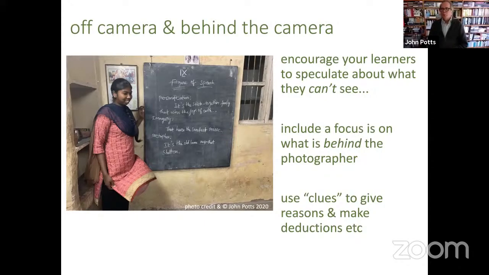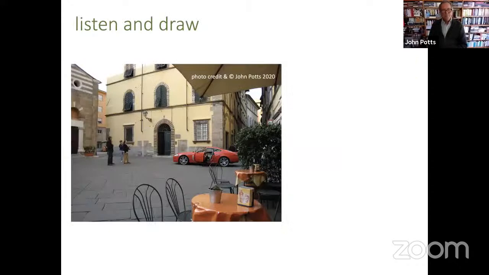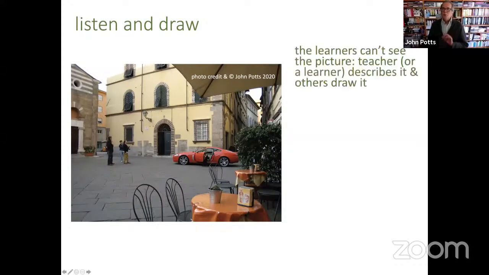It's called Listen and Draw. Okay, listen and draw. So here is how it works. The learners can't see the picture. So only one person can see it, either the teacher or one of the learners. The other students cannot see the picture. They just have a piece of paper and a pen. So the teacher or the learner, the person who can see it, describes it and the others draw it as